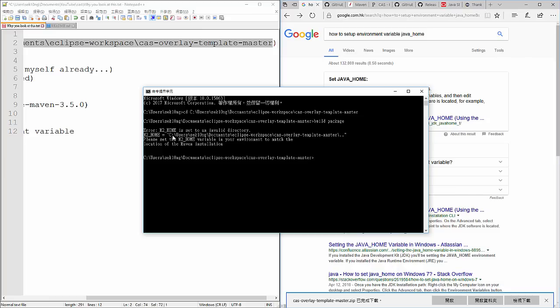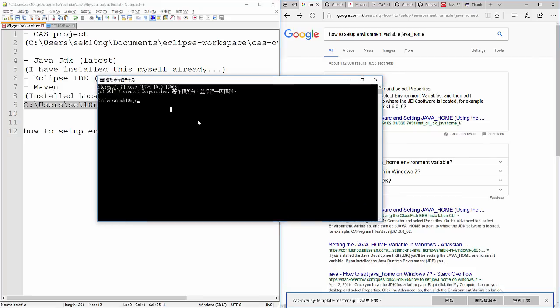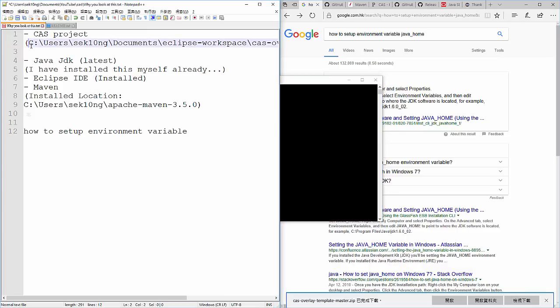So I'll do that and I'll get back to you. You also need to do that too. Yeah, bye. Okay, cool. I've done the M2 things. So now let's try to build again. Here, and then cd to this directory here.